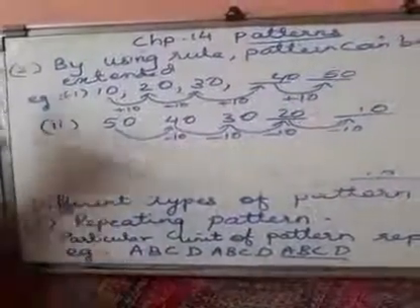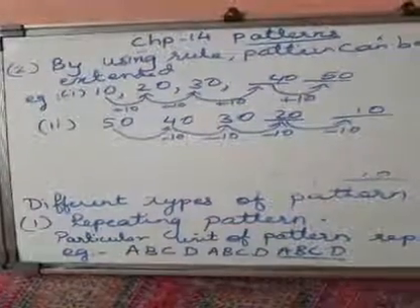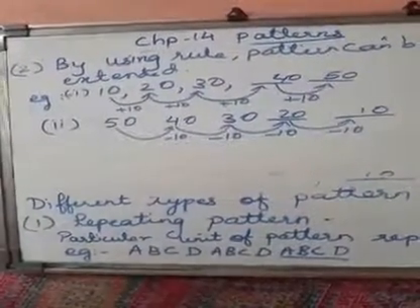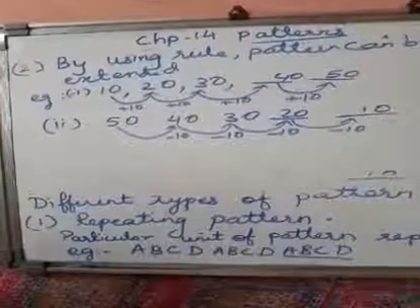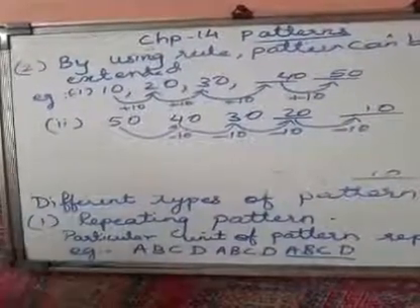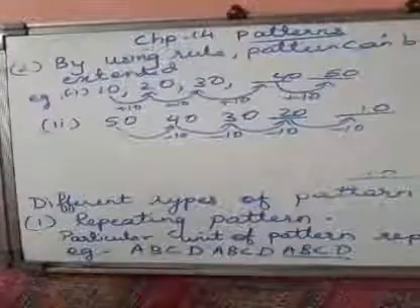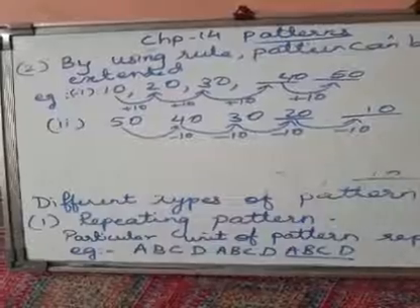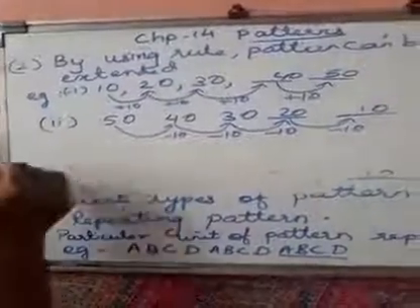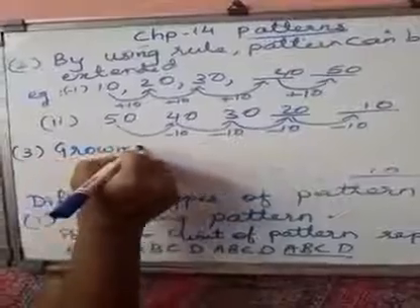So write down these two different types of pattern. One is repeating, one is by using a rule for extending the pattern. Then there is one more which is known as growing pattern. Growing pattern are of two types, increasing pattern and reducing. I will explain you today all the patterns and then we will start with the exercise. Now third part we are going to go about here. It is known as growing pattern.